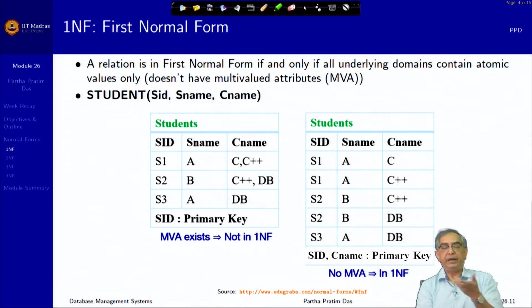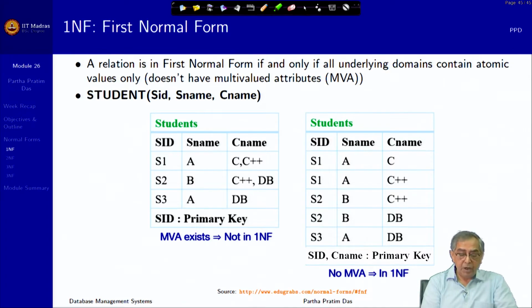So, if there can be multiple values in the same field, then they are seen as if there are different components of the value and therefore not atomic. So, more often people do not mention the two conditions separately, people will say that it contains atomic values. So, there is a